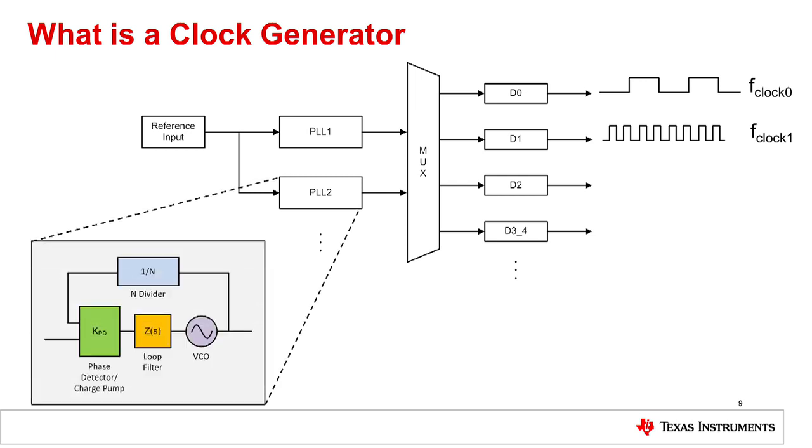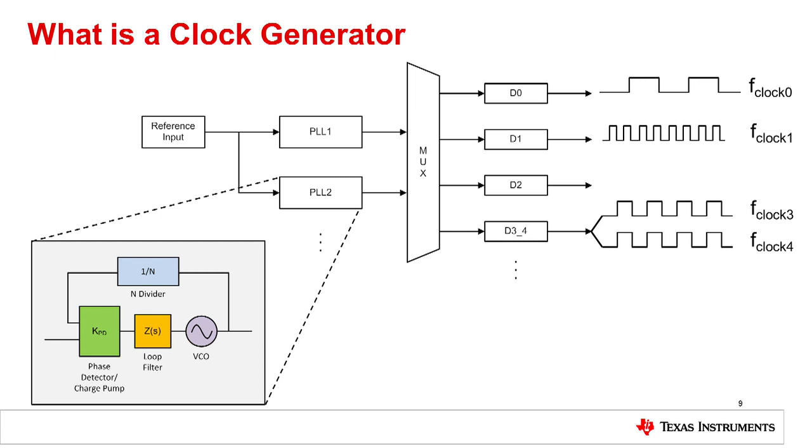A phase lock loop, or PLL, is a feedback system where the VCO tracks the phase and frequency of the reference input. As a result, the VCO output frequency is the phase detector frequency multiplied n times. For more details on PLL and VCO building blocks, visit Precision Labs' Phase Lock Loop Fundamentals training series. Each output divider D in a clock generator can select one of the PLLs, divide it down, and generate an output frequency. Sometimes multiple outputs are grouped together and share a common output divider. In that case, these outputs always have the same clock frequency.